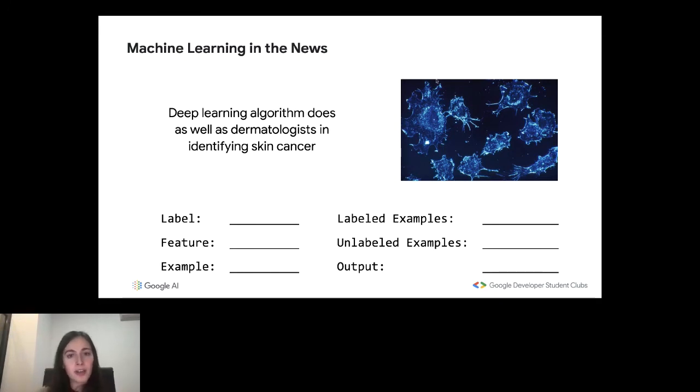Okay, so here I have an example of machine learning in the news. From this part on of the presentation, we're going to be looking at really concrete examples of where we can apply machine learning and whether we can apply machine learning. So we want to try to build a framework to see, starting from a problem which we think machine learning is able to solve, can we frame this problem?